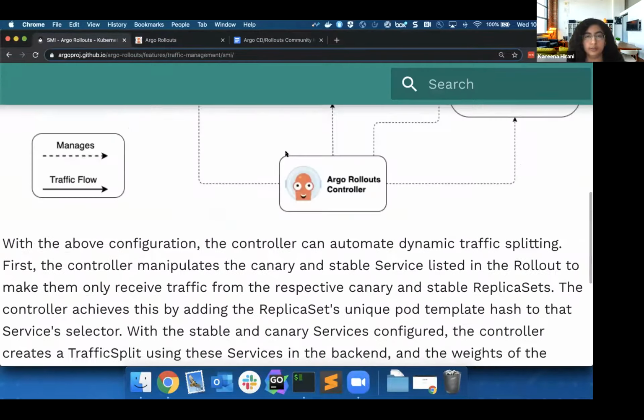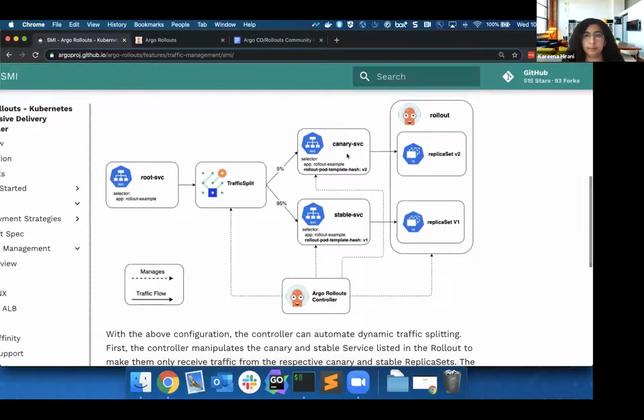So this diagram up here builds on the traffic split example I just showed you. The Argo Rollouts controller creates a traffic split object. The client communicates with the root service to send traffic to the backends. And using the service mesh, it sends 5% of the traffic to the canary service and 95% to the stable